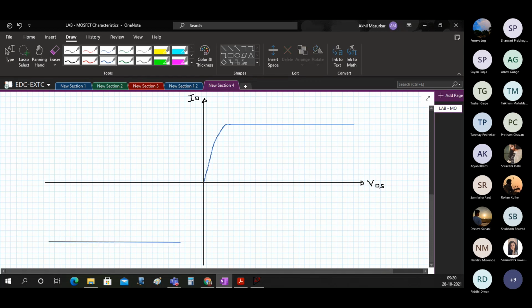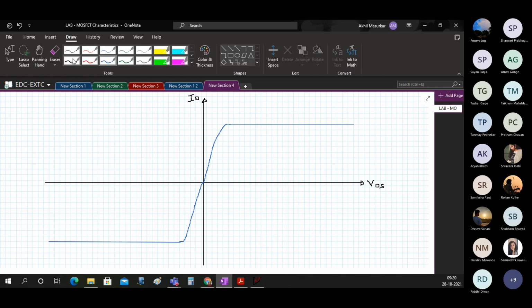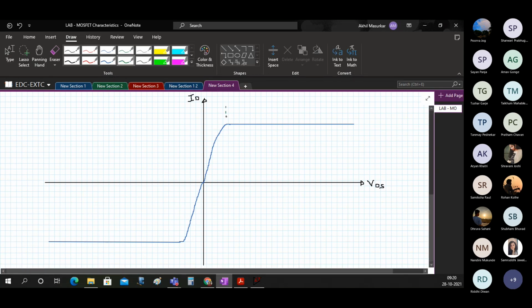So this will be for the enhancement type, the first quadrant, and the third quadrant will be for the PMOS. Now you should very well understand or recollect one thing. I told you about the demarcation boundary between linear and saturation. So this is linear and this is saturation.